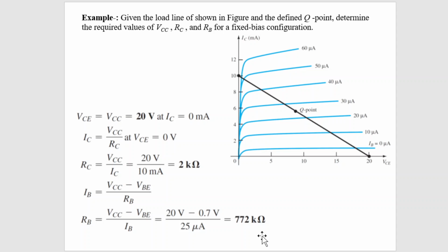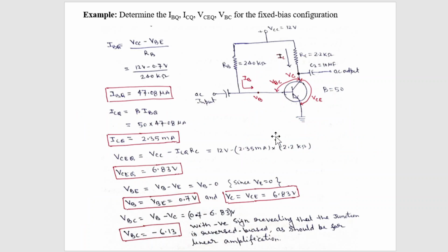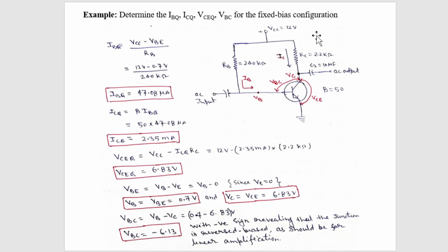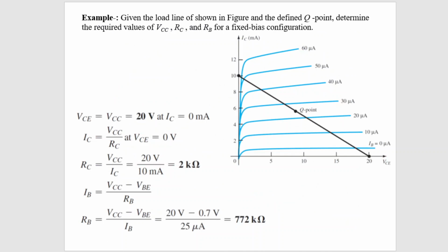So in this way, the problem remains the same. Both problems are the same, but here the problem is asked in a different way. Here the characteristics curve is given, and you have to draw the fixed bias configuration and write the values of VCC, RC, and the unknown value RB on the circuit diagram. But in the other case you are given the circuit diagram, and you may be asked to draw the DC load line and determine all the Q points of the transistor. This is how one can approach numerical problems based on the fixed bias or base bias configuration.